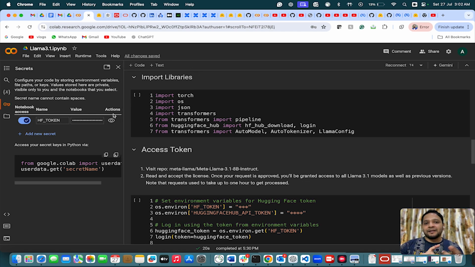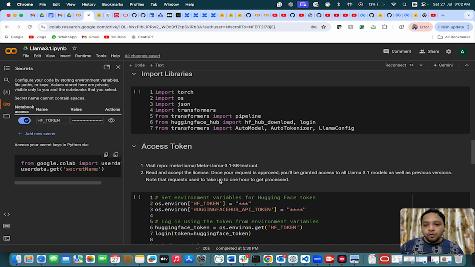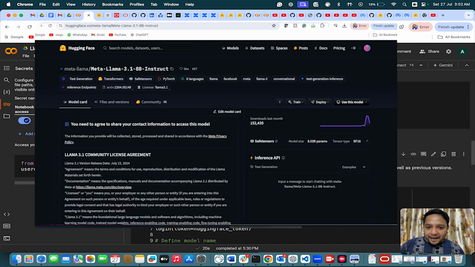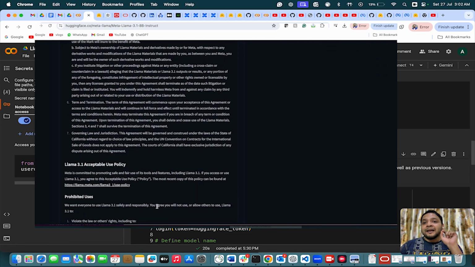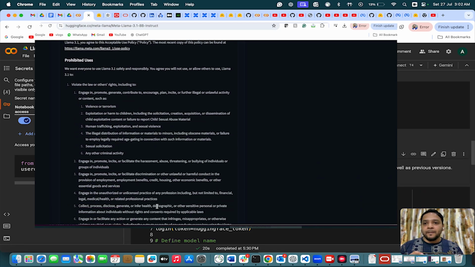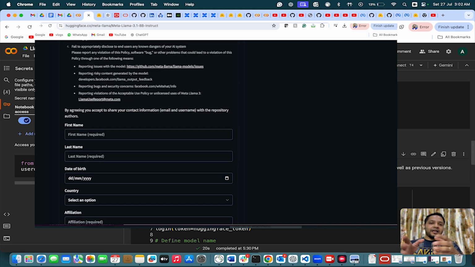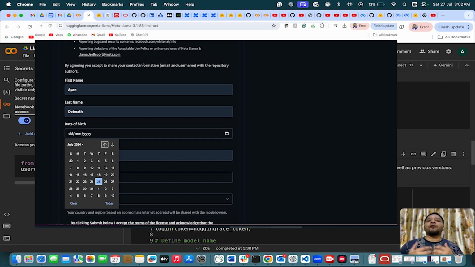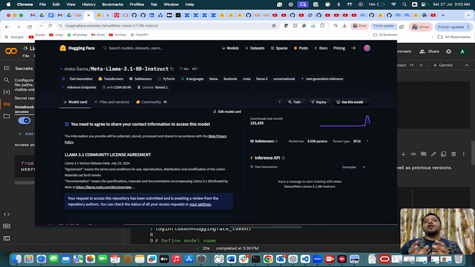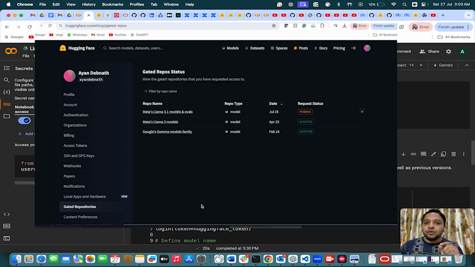So this is the first step, and in the second step, you have to go to this repo, the Meta Llama 3.1 repo, and in this repo you have to ask the repo author to give you permission. So how do we do this? Here I am showing you. You have to fill in a few details: who you are, for what purpose you are using it, and which organization you belong to. Once you fill in this information, the repo author will see who wants to use it, and then he will grant you access within 1 hour,